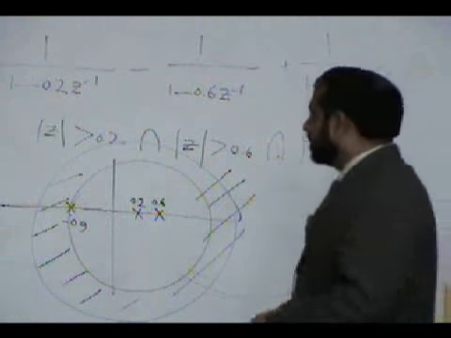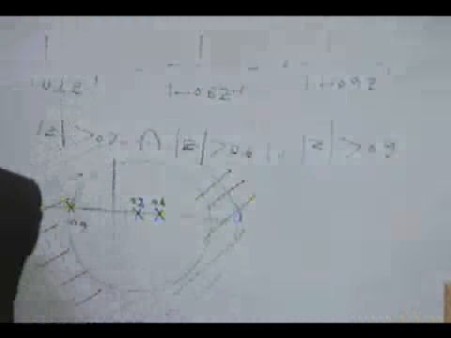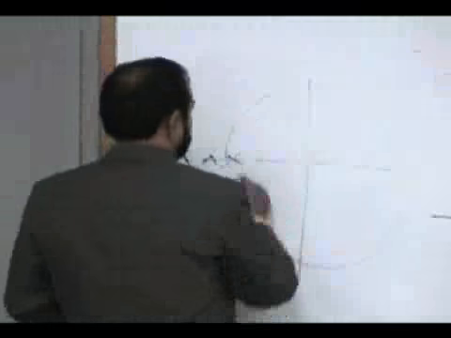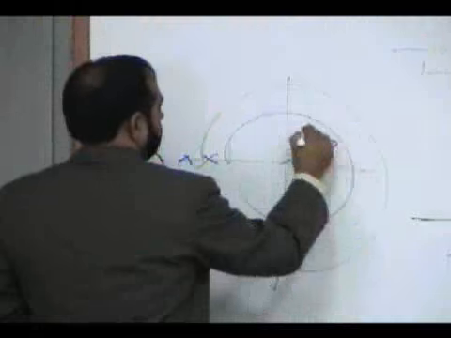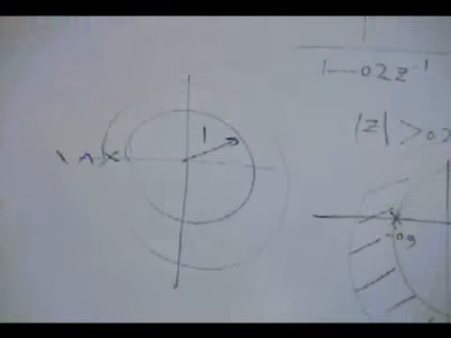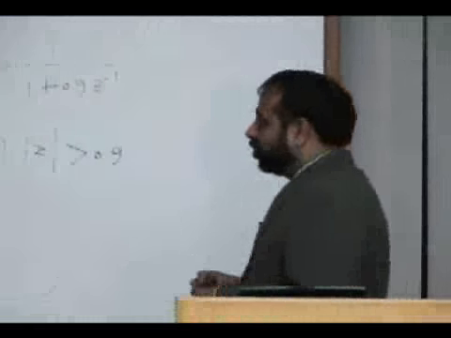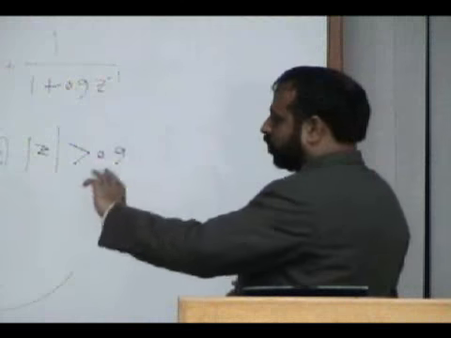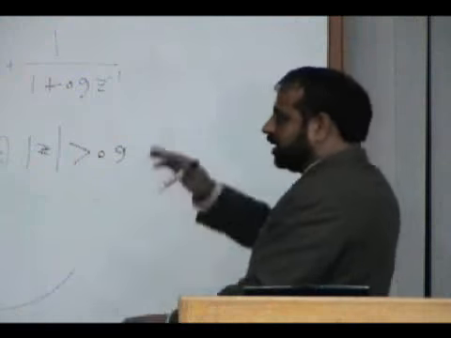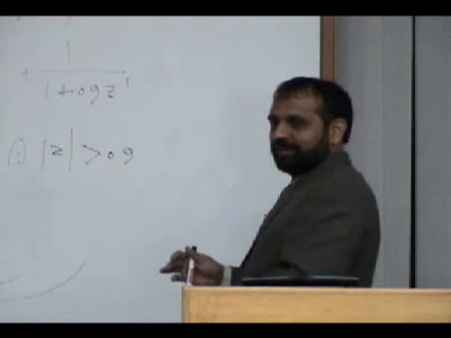For an anti-causal system, all the poles must be outside the unit circle for the system to be stable, because the region of convergence is inside the innermost pole. For a two-sided sequence, the outermost pole of the right hand side sequence and the innermost pole of the left hand side sequence should be